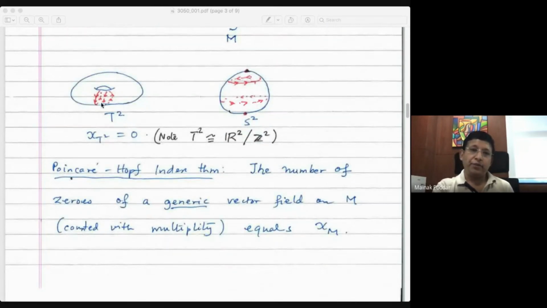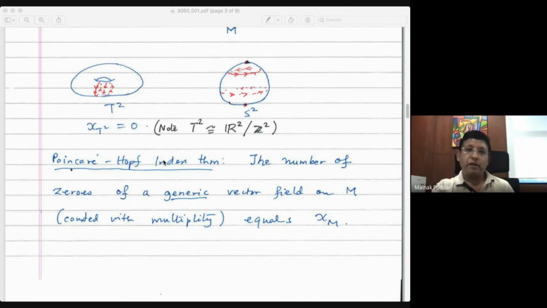Whereas on the torus, which is just the surface of a bagel, you have these families of circles, and here again you do a similar kind of thing, and you have a vector field that never vanishes. That is, this is a continuous assignment of tangent vectors, and no vector has to be zero.